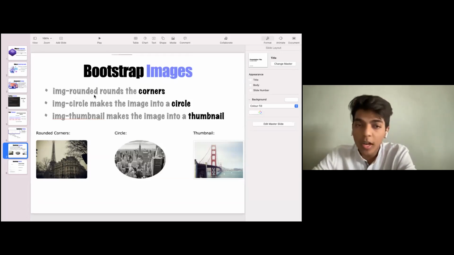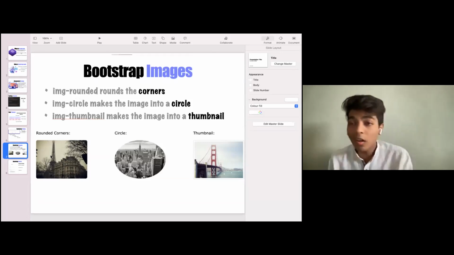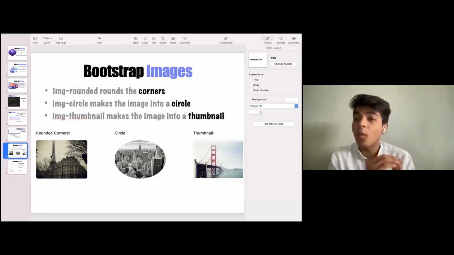One is image rounded, that gives the rounded corners. It doesn't make the image round, it gives the rounded corners. A lot of people get confused that image rounded means the image gets round. No, that is not the case. The case is that it rounds the corner of that image. Image circle actually rounds the image. It's not completely round, it's somewhat oval, but yeah, the round circular part of the image